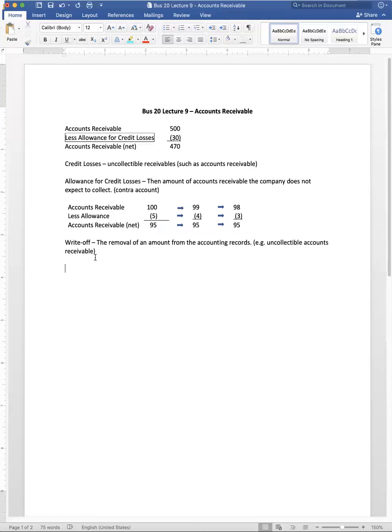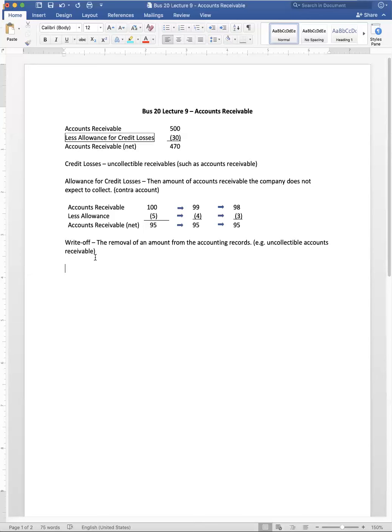Okay, now this can be difficult to do in the real world. The problem is that we don't know which receivables are uncollectible until they actually end up being uncollectible. If I have a store and someone comes into my store, is there a little sign over their head that says, I won't pay my bills? Obviously not, right? We don't actually know who is not going to pay their bills. If we did know, we wouldn't sell to those people. We'd only sell to the people who are actually going to pay us. But we don't know, so we sell to everybody,